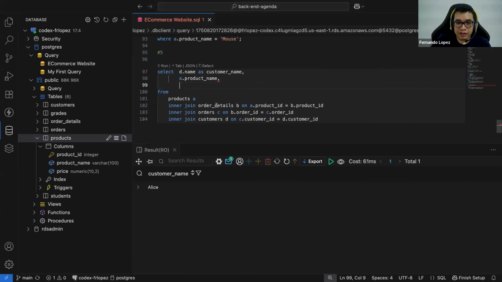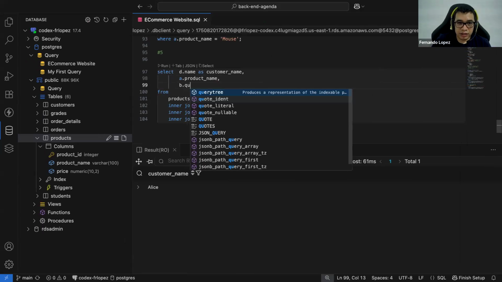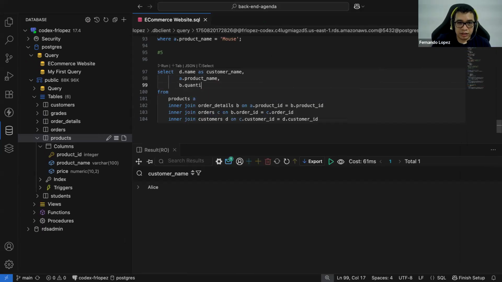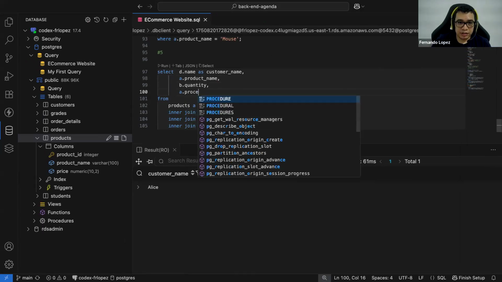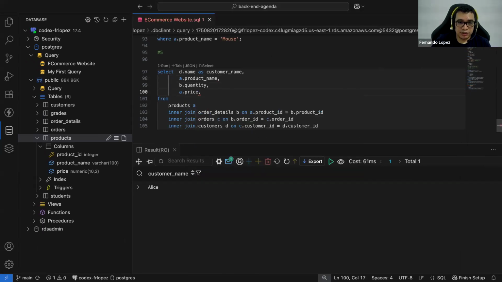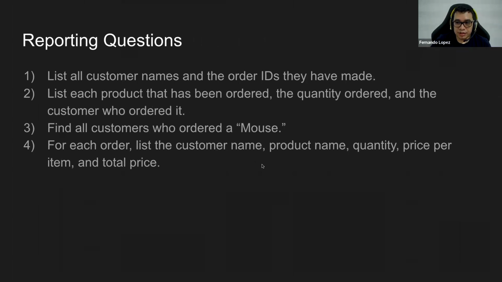The quantity we have in the order details, so it's B dot quantity. And from the product, we have the price. And then it is requested something that is called the total price. Let me explain you this part.